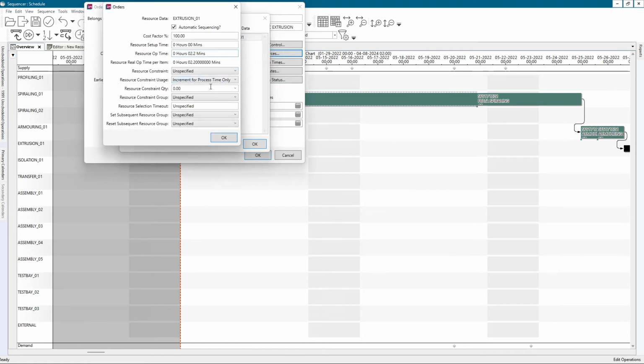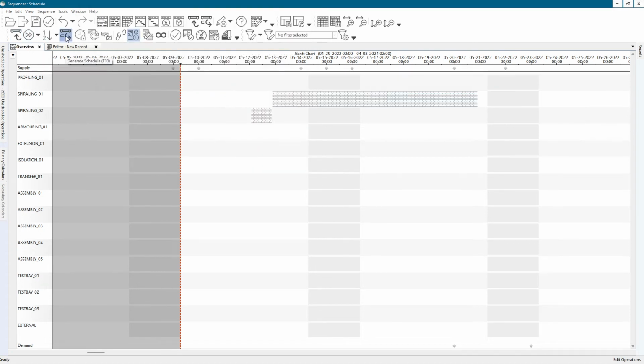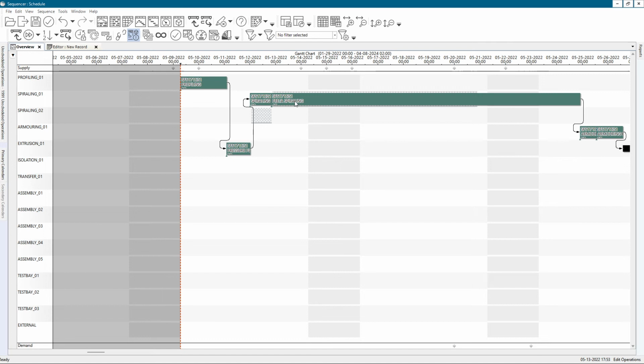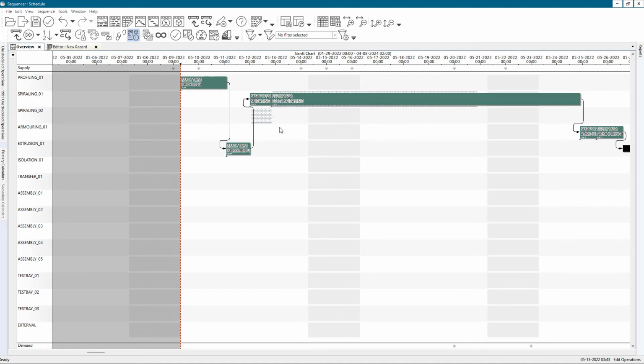Let's say it's 20 seconds here. There we go. Yeah. So you see that this operation is ending much later because it's going through this planned maintenance. It doesn't matter. It's going to look at the subsequent resource group from the previous operation in order to set what are the resources that can be used for this